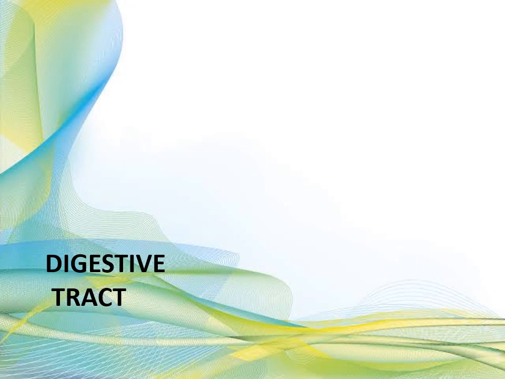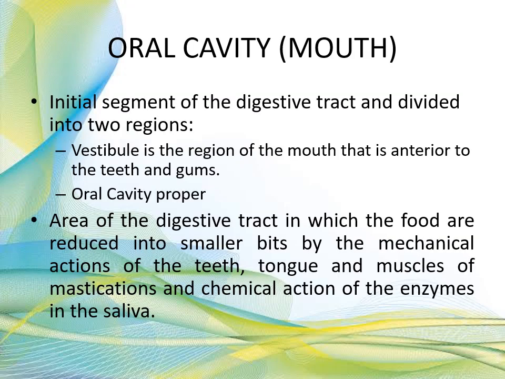So let's proceed sa digestive tract. So first we have the oral cavity or the mouth. So it is divided into two regions. We have the vestibule. Yung vestibule is the region of the mouth that is anterior to the teeth and gums. Tapos yung oral cavity